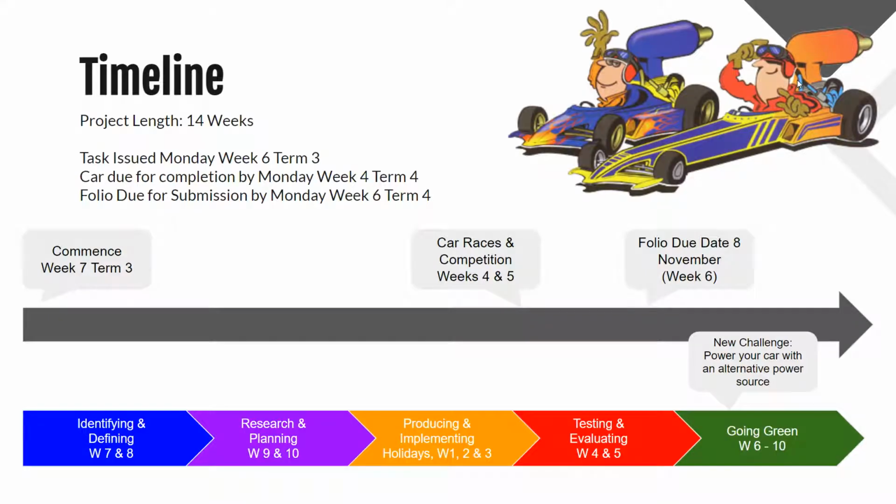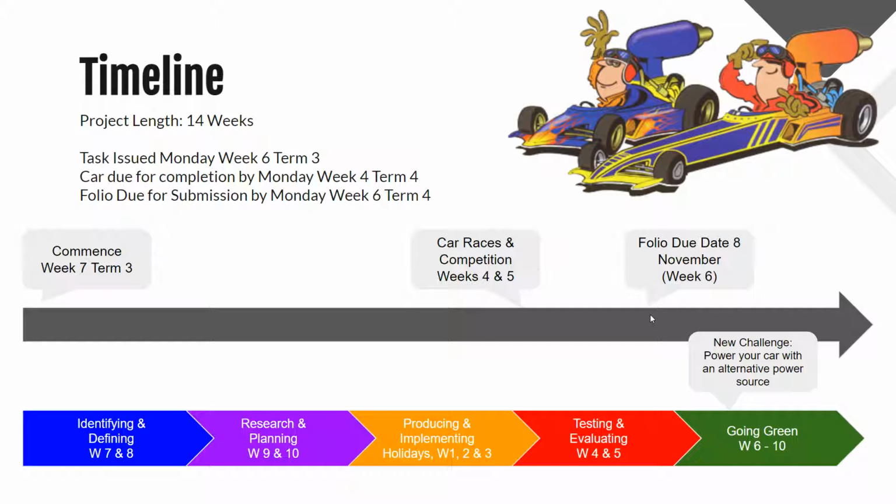In terms of timeline then, so we're commencing now in week 7 of term 3. We'll race the cars in weeks 4 and 5 of next term, and then the folio will be due in week 6. From week 6 onwards, right through to the end of term, we're then going to move into another challenge, which is to take the cars that you design over the first 10 weeks and convert them to an alternative power source. So we might think there about solar power or some other propulsion mechanism, but we'll talk more